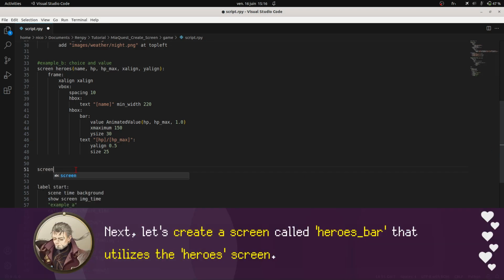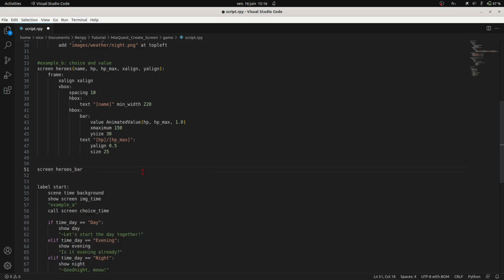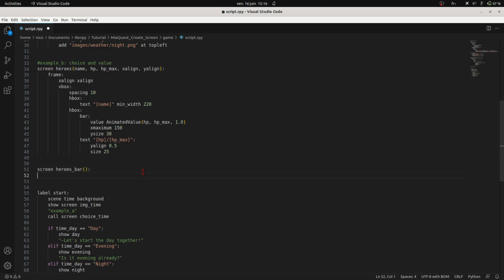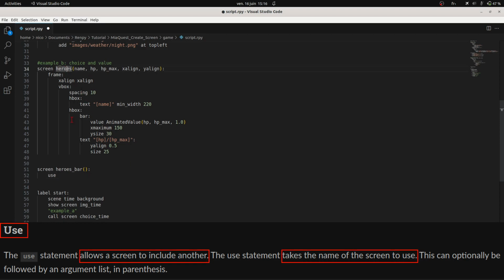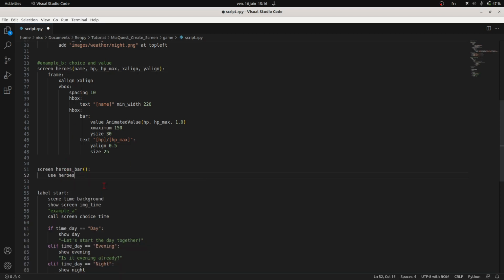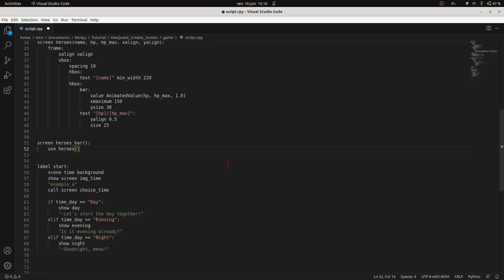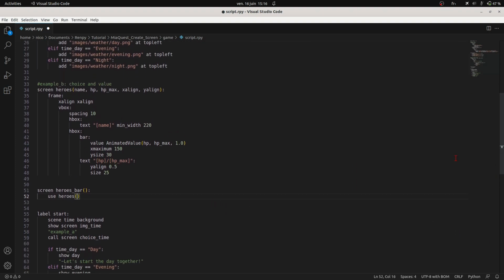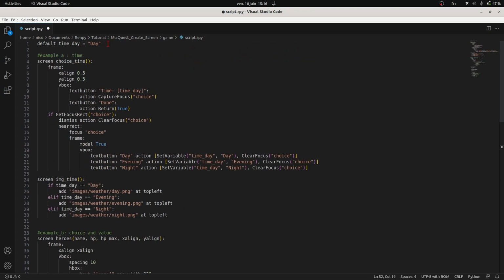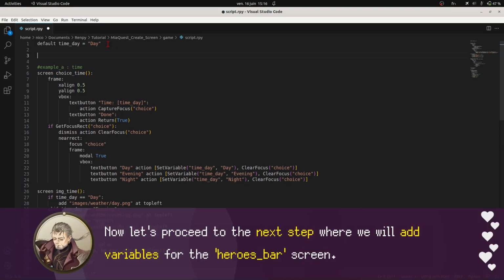Next, let's create a screen called Heroes_bar that utilizes the hero screen. Now let's proceed to the next step where we will add variables to the Heroes_bar screen.